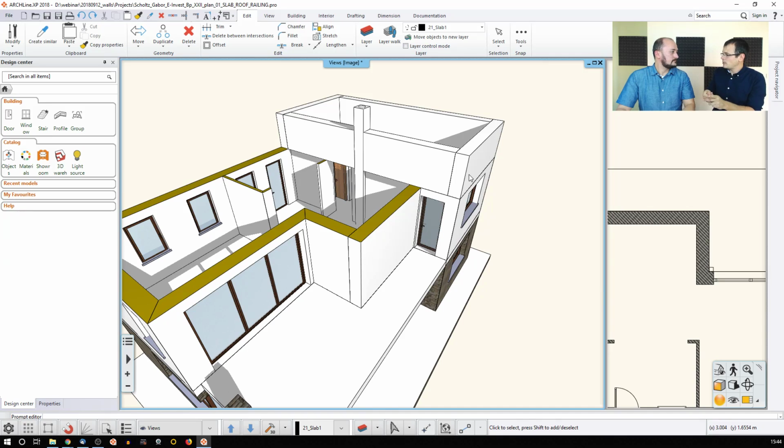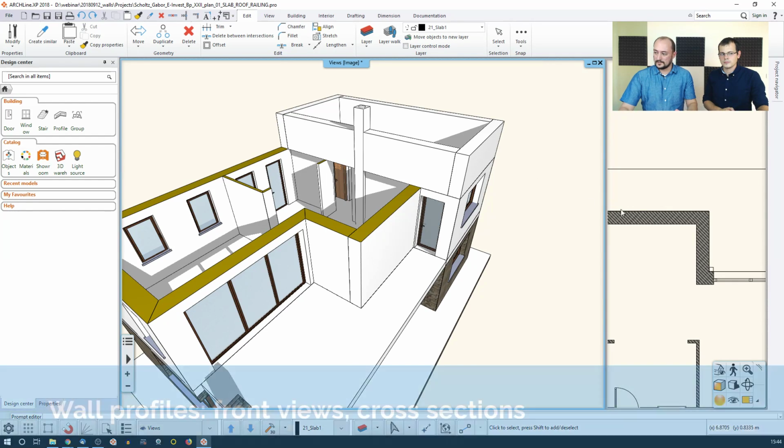Do you want to keep on talking about the firewalls? Yeah, let's just finish this topic, because the firewall is a specific wall that you would sometimes like to draft yourself. You just would like to change the shape of this wall. By default, the wall shape is defined by its length and its height. But when I